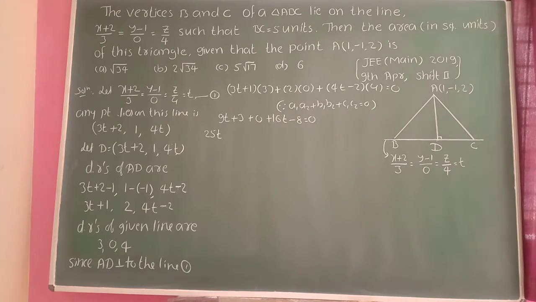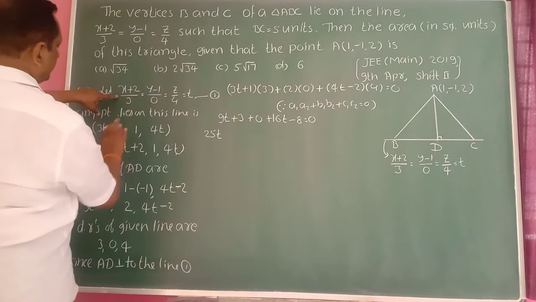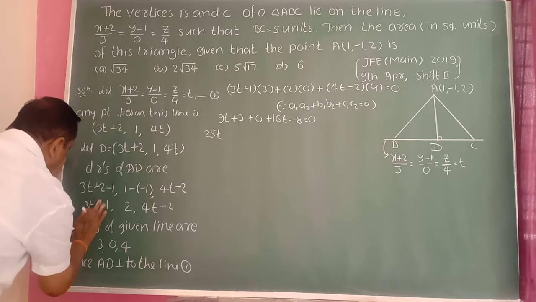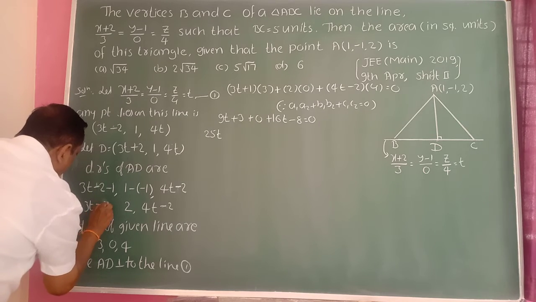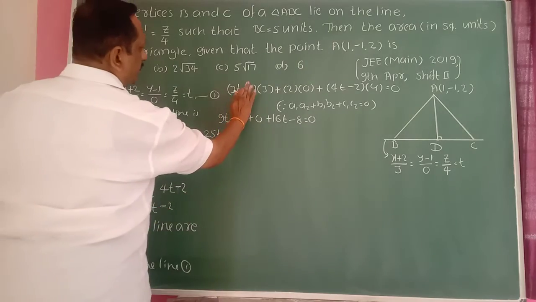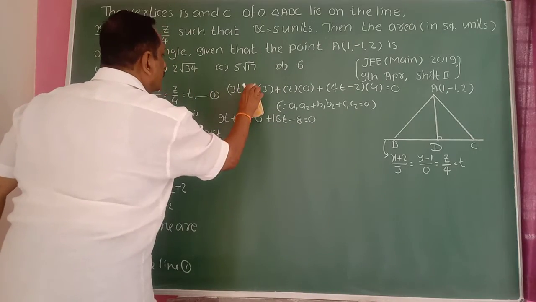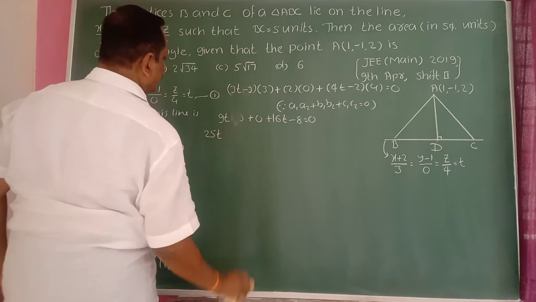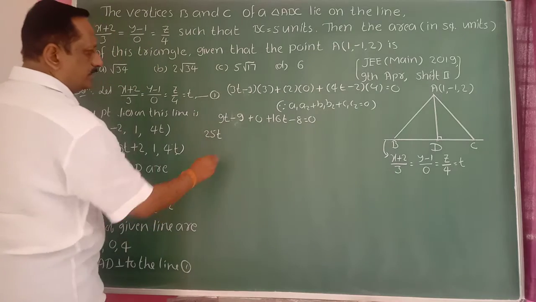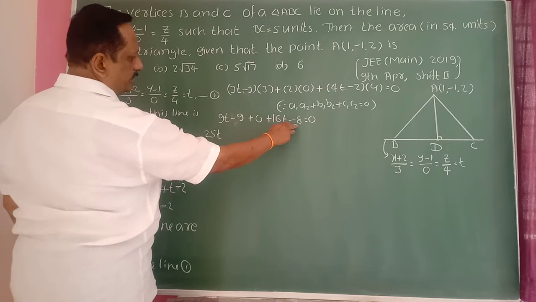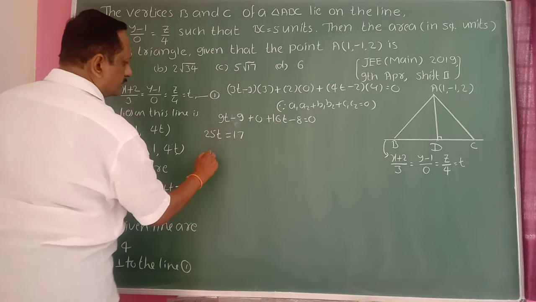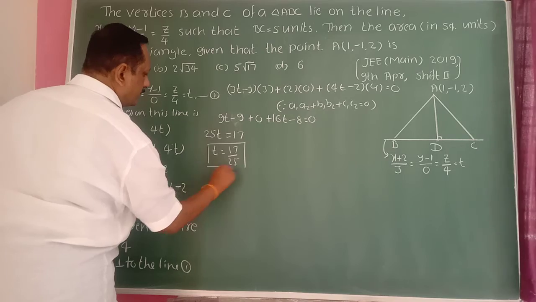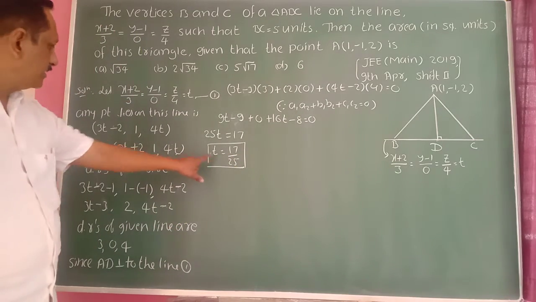Okay, there is a mistake here. If you take the plus 2 to the right side, it becomes minus 2, so it is minus 2 here. Minus 2 minus 1 becomes minus 3, so it is 3t minus 3. Then 3 times 3 is 9, so minus 9. Minus 9 minus 8 is minus 17. Taking minus 17 to the right-hand side, it becomes 17. Hence 9t + 16t is 25t, so t is equal to 17 divided by 25. The value of t is 17 by 25.